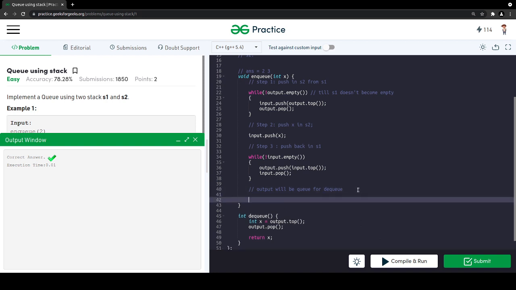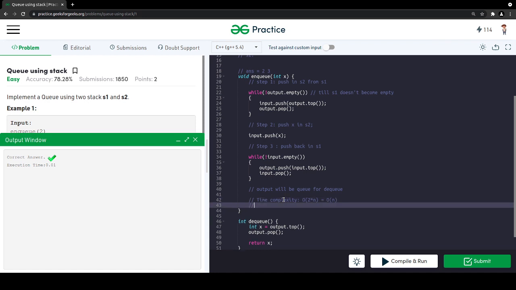So the time complexity will be order of 2 into n, which is nearly equal to O of n. Okay, so time complexity is order of n, right? So it is linear in time.